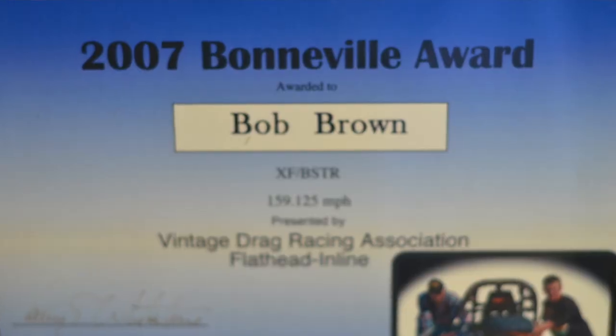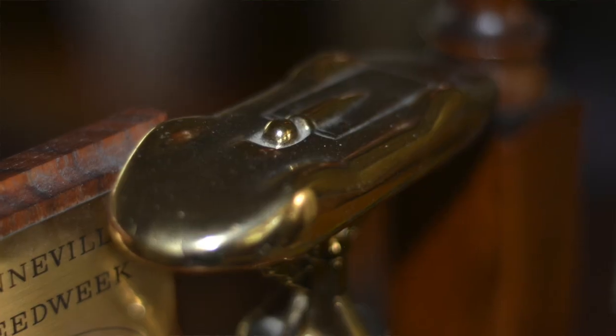And another thing, some other drivers told me to just kind of let the car drive itself. I mean, you got your hand on it, but you don't want to make any sudden moves. That's when you do cat's asses out there. Right. I never did get a record out there, so I don't know about that. I got close, but